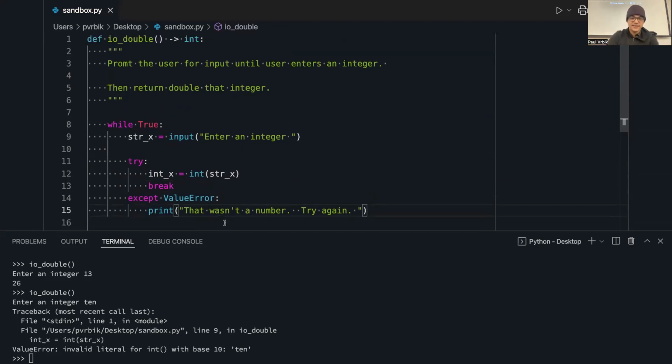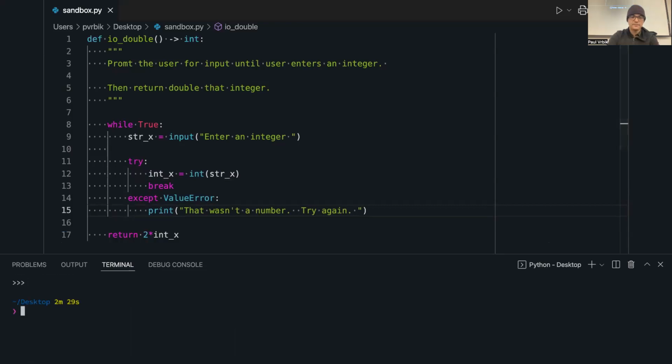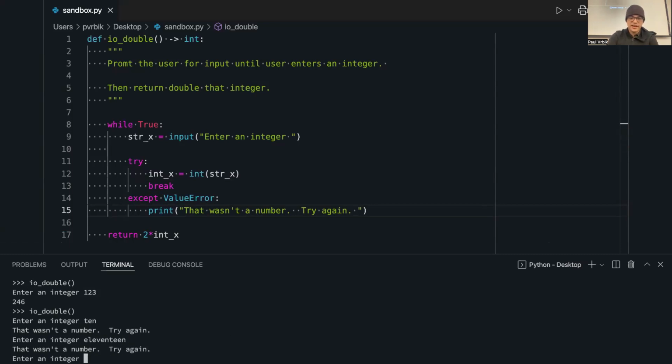Okay, so let's give this a go. Okay, so let's call IO double. Enter an integer, 123. Enter an integer, 10. That wasn't a number, try again. 11. That wasn't a number, try again. 18, 36. Right, so you see how we've written a function that is now a little bit more tolerant to